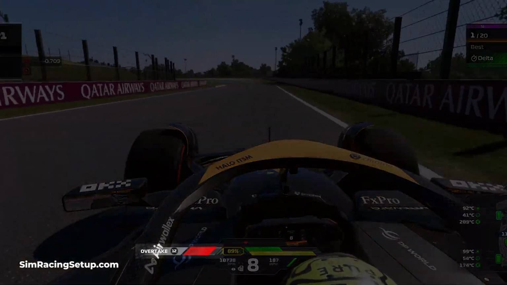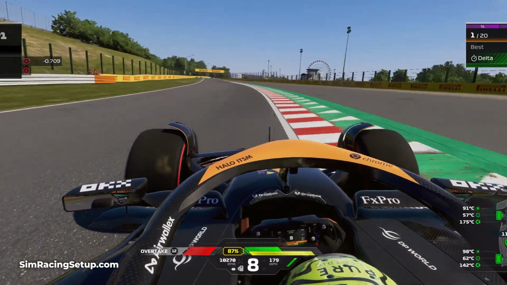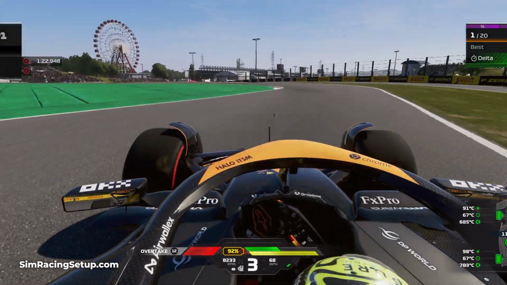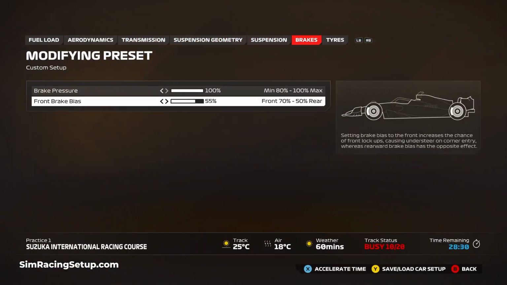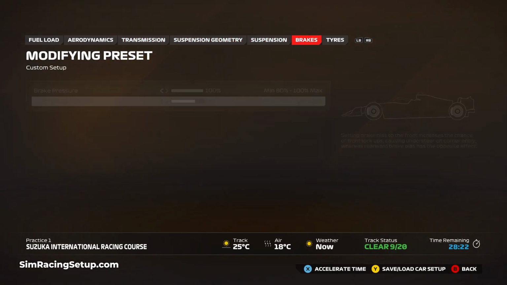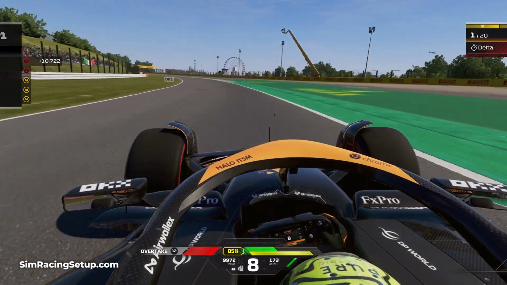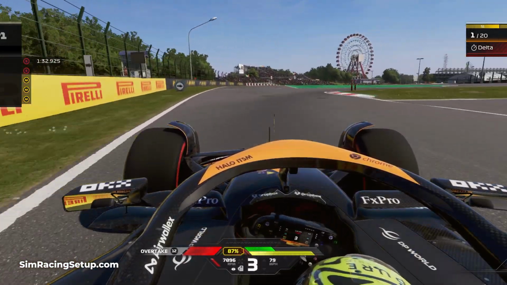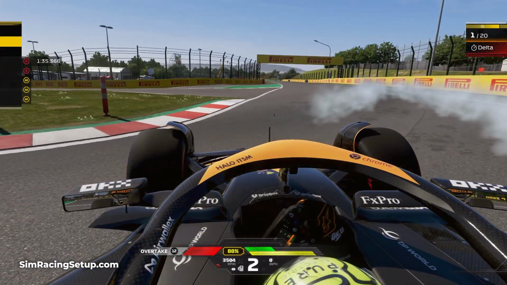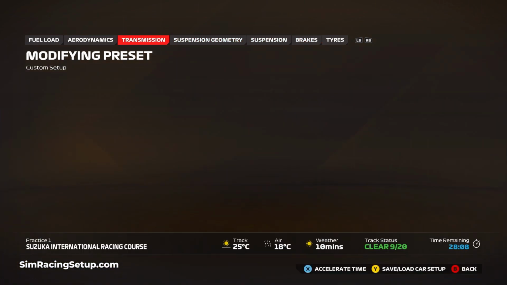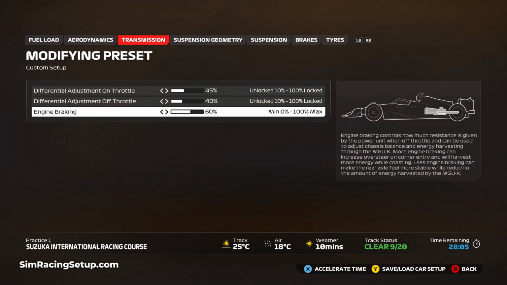generate each lap. There is also a big correlation between the off-throttle diff, the engine braking and the brake bias, and how each of these affects your overall braking performance. Setting your off-throttle diff lower, your engine braking higher, or your brake bias more rearward will all result in more rotation under braking. Doing all three of these things at the same time will result in a car that feels incredibly unstable during the entry to a corner. You will want to choose which direction you go with and use the other values to balance your car. A lower off-throttle diff, for example, will limit how much engine braking you can run and can require a more